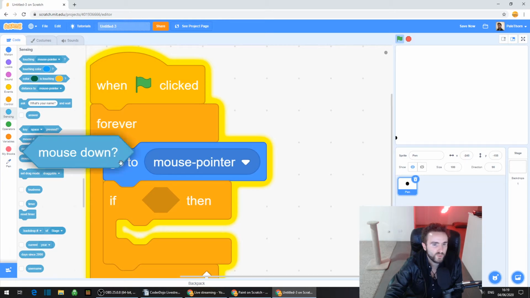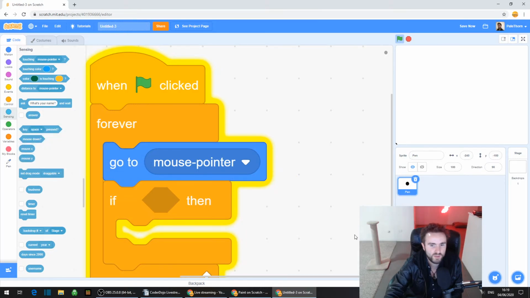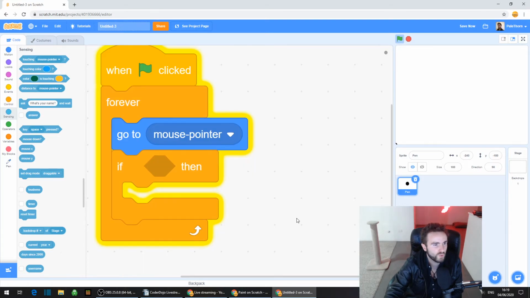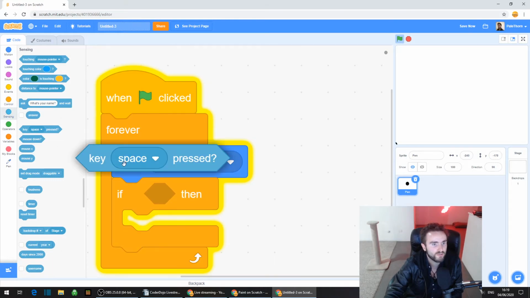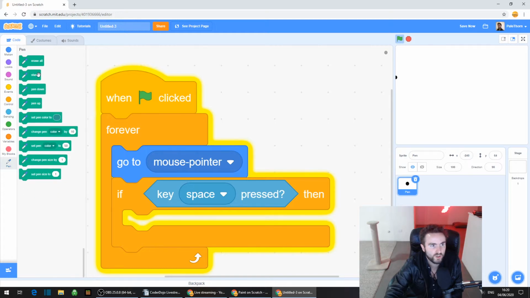I was using this one here, mouse down, but I found that it didn't work super well. There might be a solution to that, maybe using a variable that turns on and off. It'll be an interesting one. So you guys might be able to figure out a better solution for this, but for the meantime, I just decided to go with something simple. So if key space pressed, then you go to